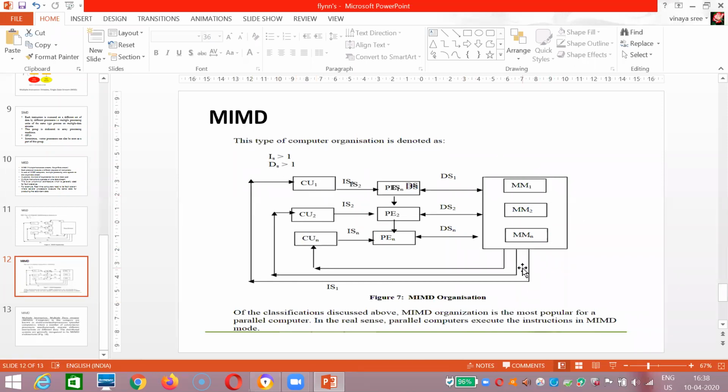So here the instruction stream will be greater than 1, and the data stream will be greater than 1. All the different processors will work on different tasks. So let us consider, from main memory module 1, the CU is